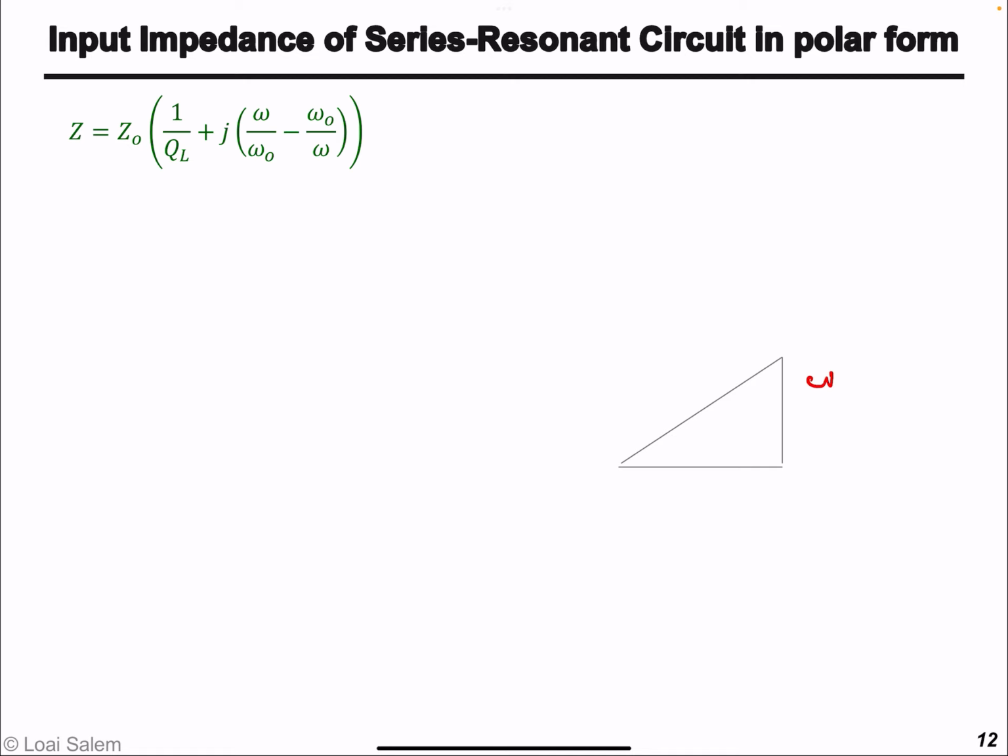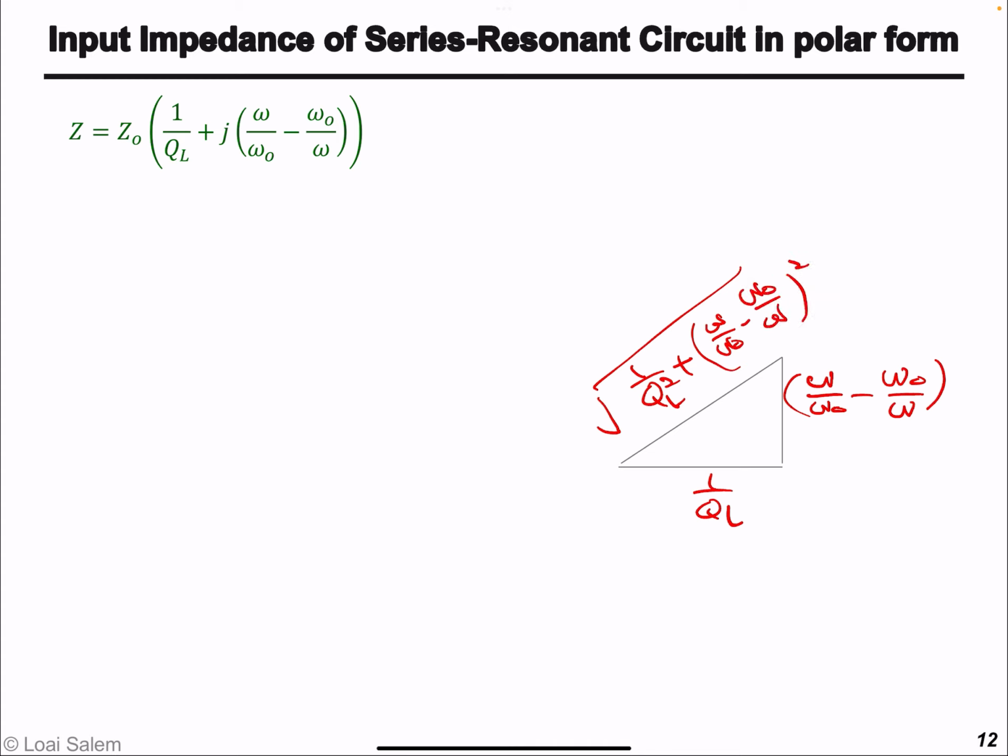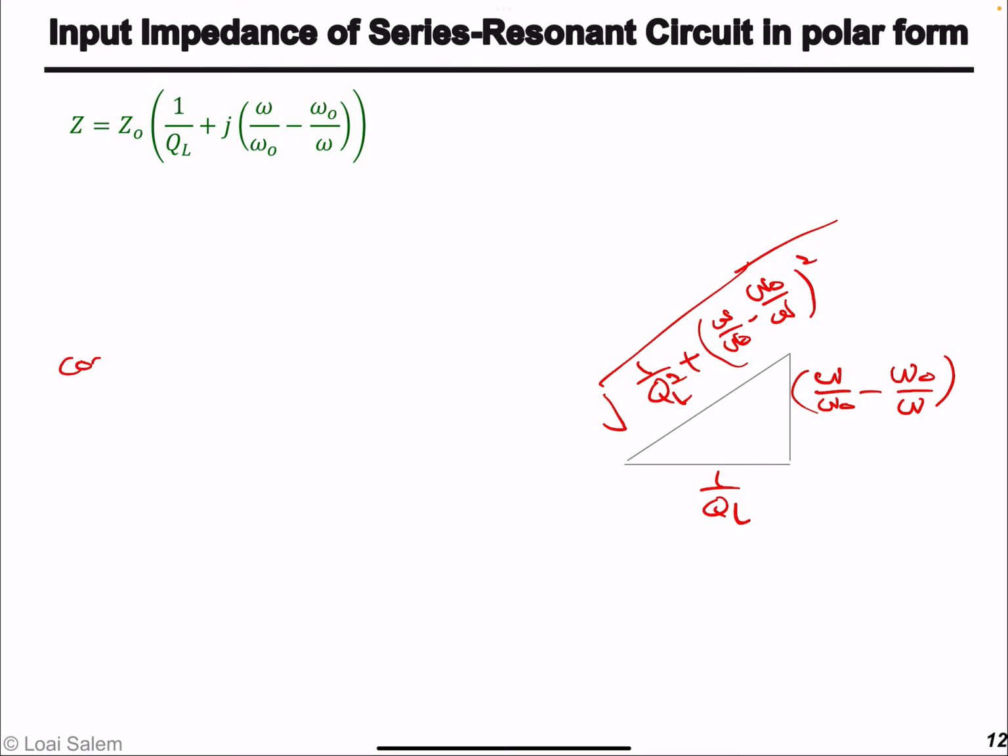so we have again here omega node over omega. We have here 1 over QL, and then we have here 1 over QL square plus omega node minus omega node over omega square. So cosine psi is given by the x dimension 1 over QL divided by the square root